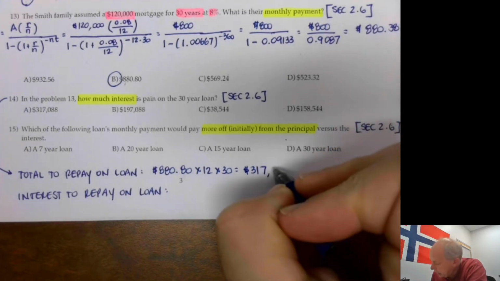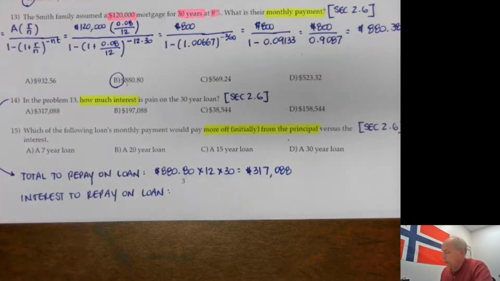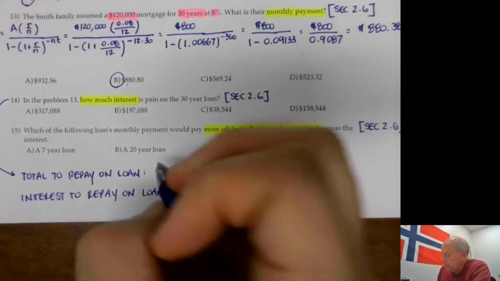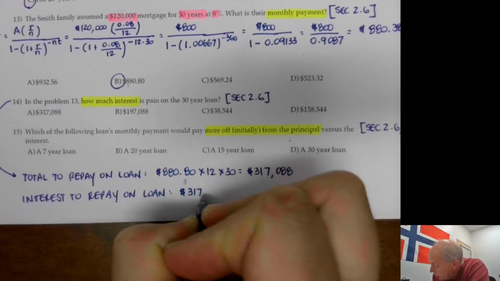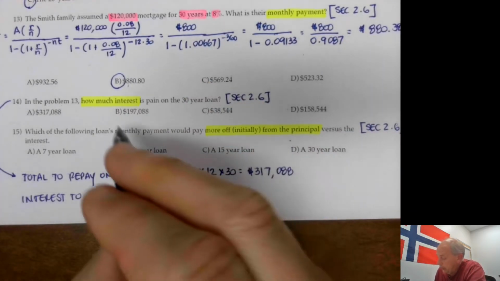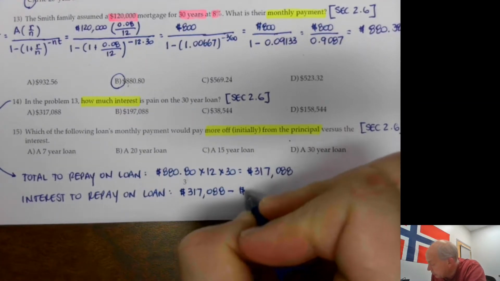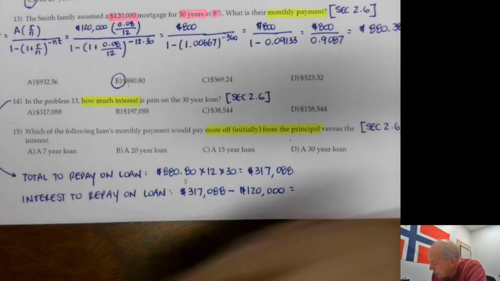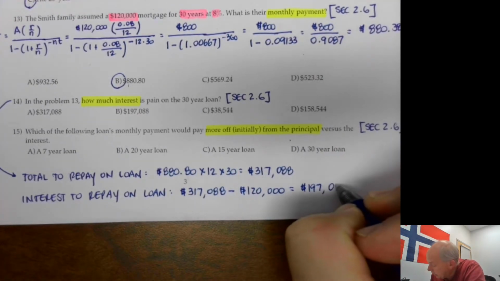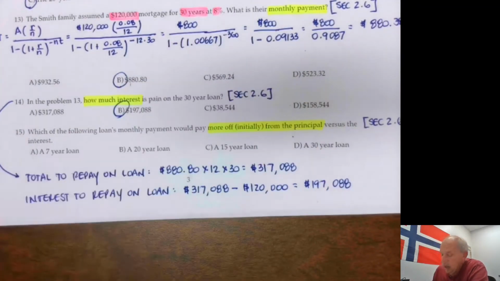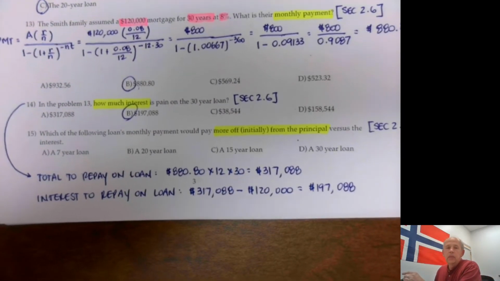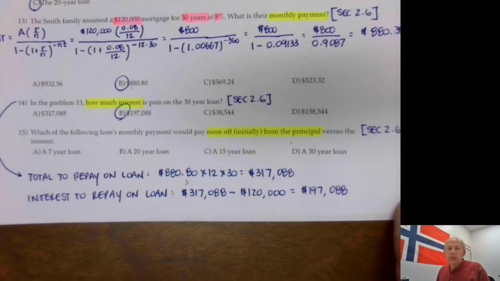Here is the total that they have to pay on the loan. So the part of this that's interest is the total amount minus the amount that they borrowed for the loan itself to purchase the home, which was $120,000. The amount that they have to pay in interest is $197,088. My answer is choice B. There is how you would do that one for number 14, which was tied into number 13 with the monthly